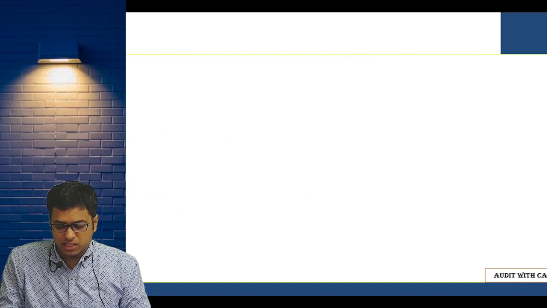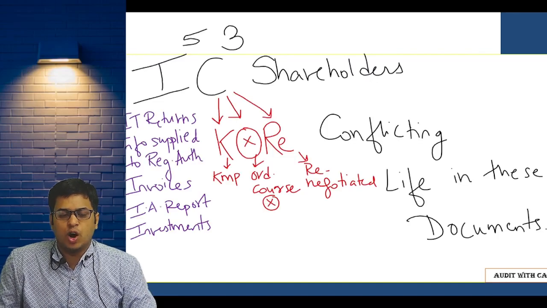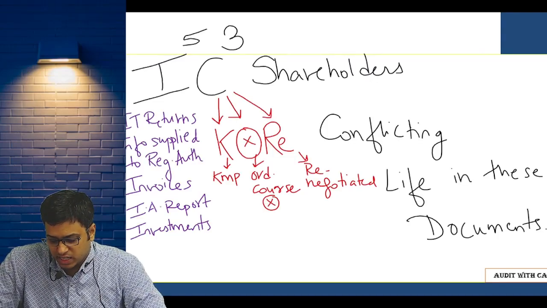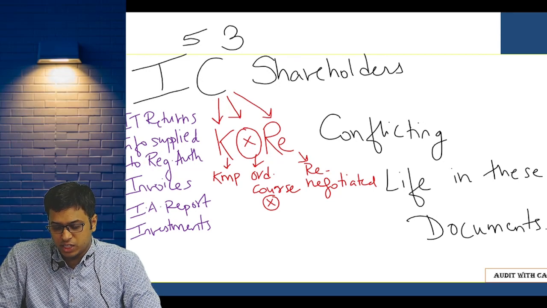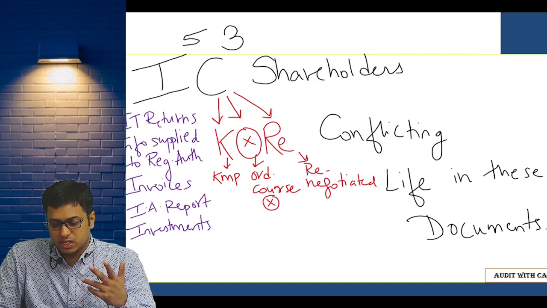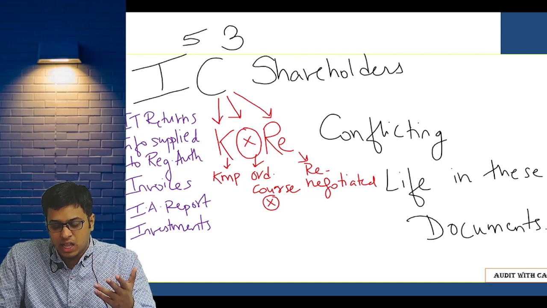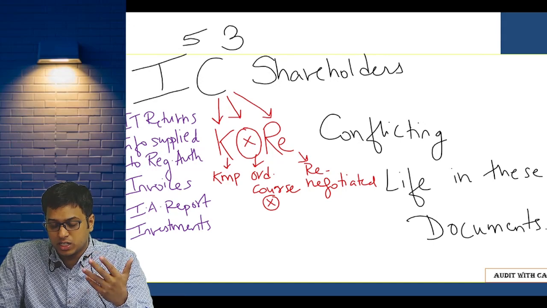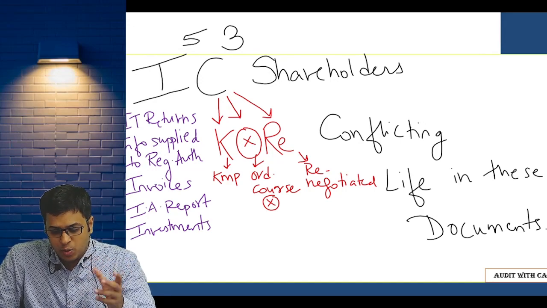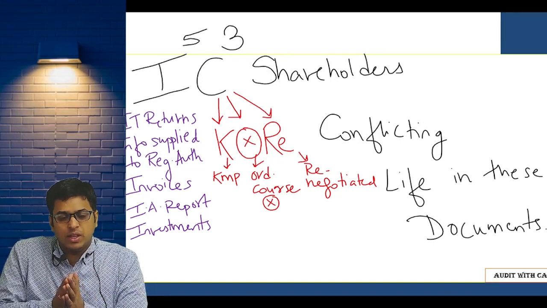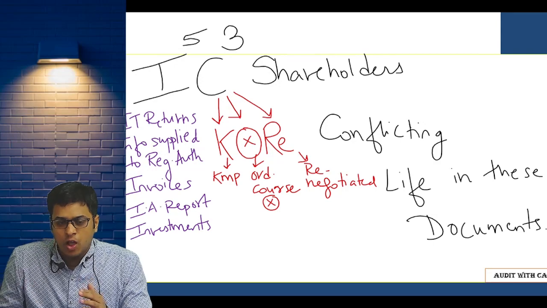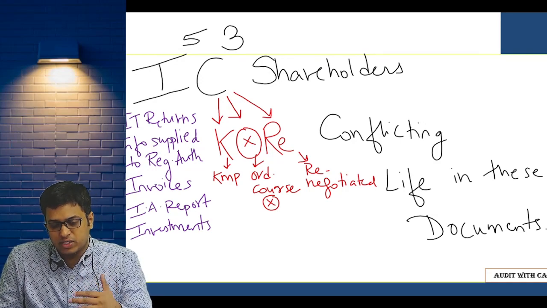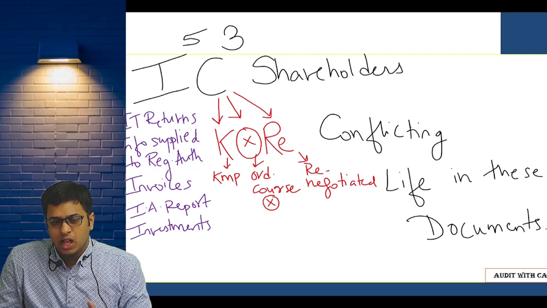In this we had done a simple code: what records and documents should we check regarding related party transactions and relationships? In that case we should check something called I see shareholders contributing life in these documents. I gives income tax returns, information supplied to the regulatory authorities, invoices, internal auditors reports, and finally investments. I hope you remember the flow of this. Now contracts: C gives contract, and in that you have to remember the code KORE. First, contract with the KMP, contract which is not in the ordinary course of business, and contracts which are renegotiated during the period. Then regarding shareholders, you will see